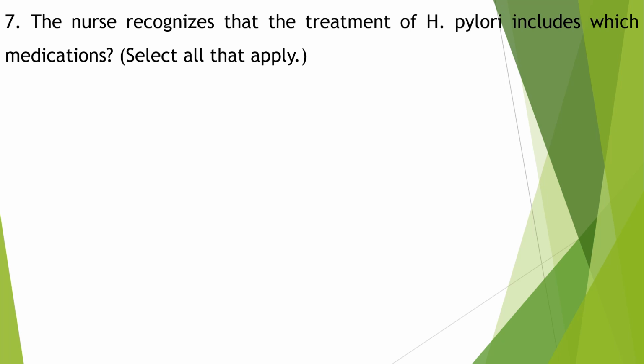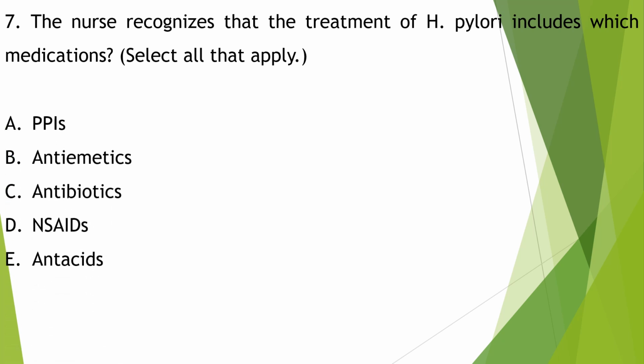The nurse recognizes that the treatment of H. pylori includes which medications? Proton pump inhibitors, antiemetics, antibiotics, non-steroidal anti-inflammatory drugs, antacids. So there are various treatment regimes for H. pylori eradication, and the most important ones include the combination of proton pump inhibitors with 2 antibiotics for 7 to